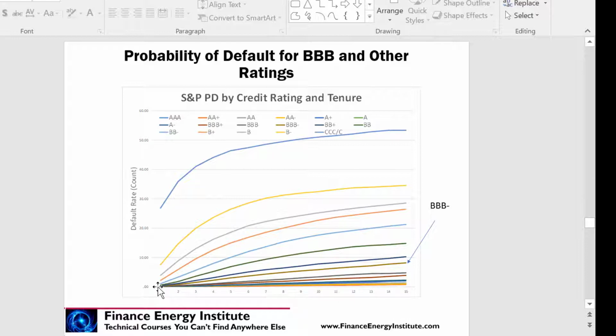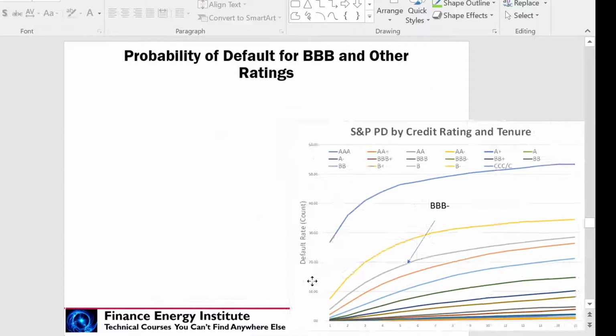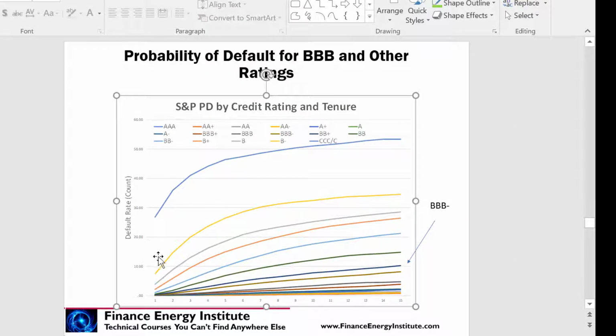Let's say it was rated triple B, and then it becomes a triple C, and then a D here. It defaults. And out of all those, about 10% defaulted by the time